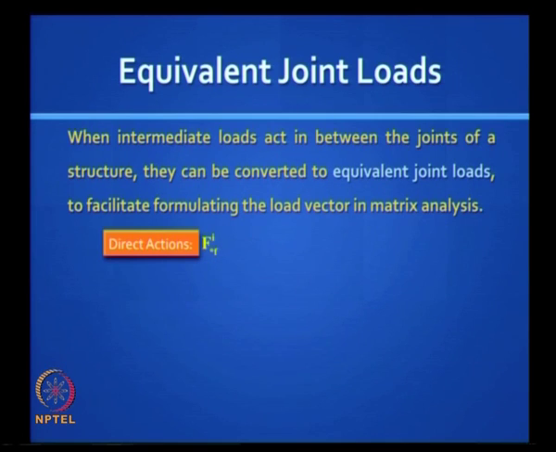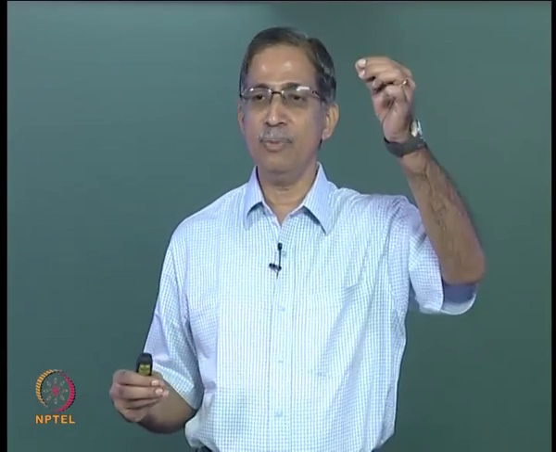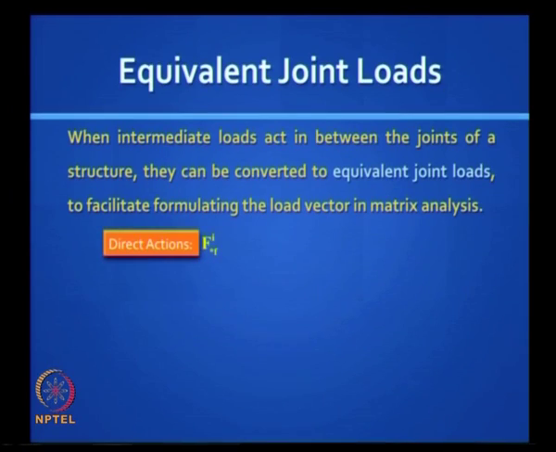So you have two types of problems, one where you have direct actions which are distributed and you can find the fixed end forces. You have done it for beams, but it is possible you might get them in axial elements. For example, a column with self weight, that is a distributed load. We will see how to handle that. So this notation F I star F, what does it represent in the stiffness method? In the ith element, the fixed end forces, that small subscript f stands for fixed end forces along the local axis. Okay, so it is a local axis system, right?